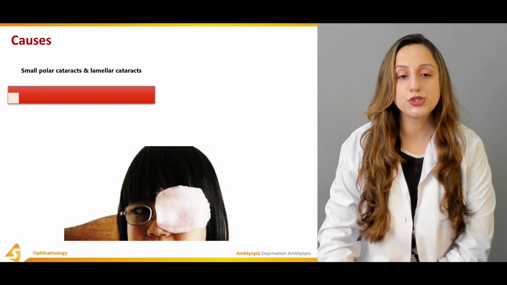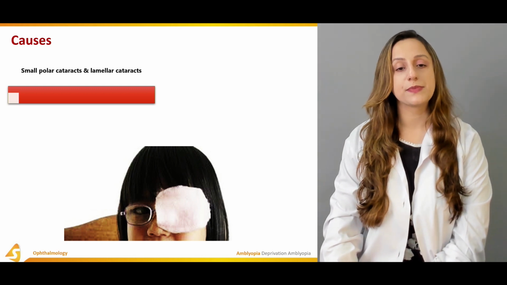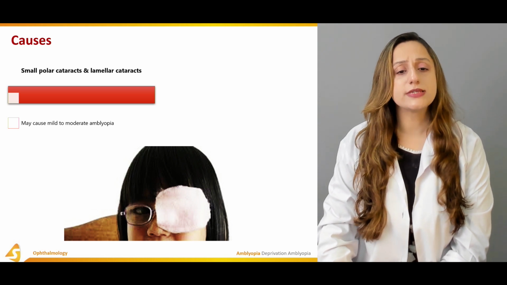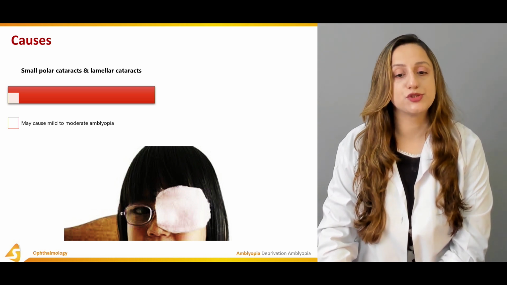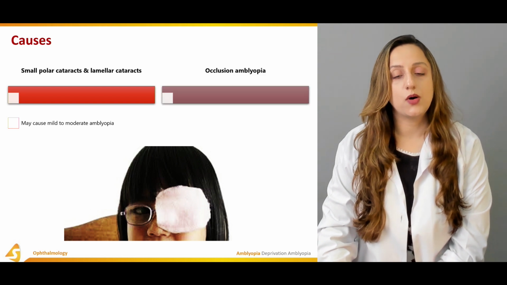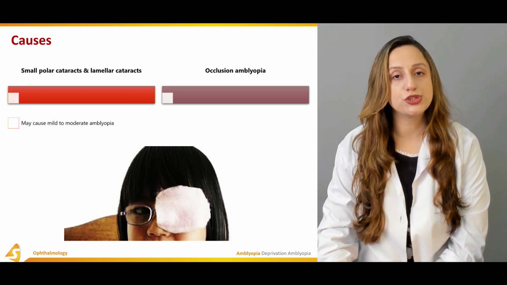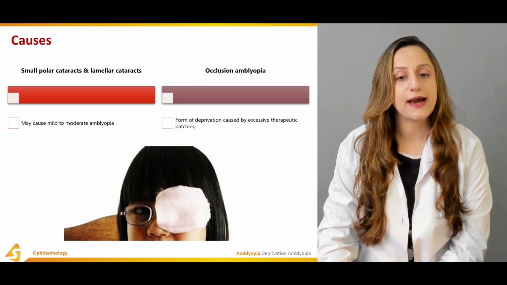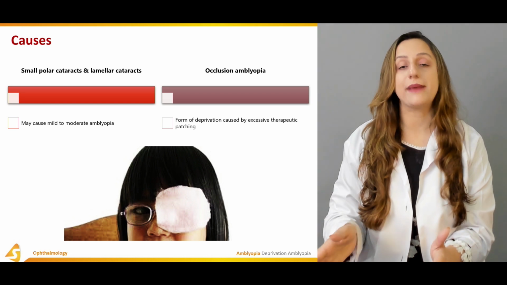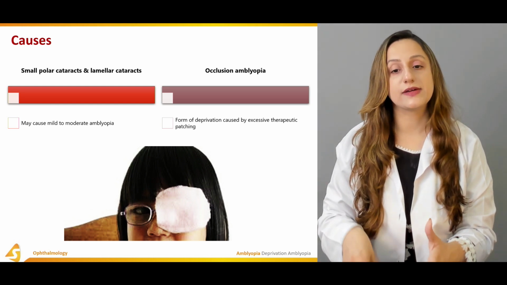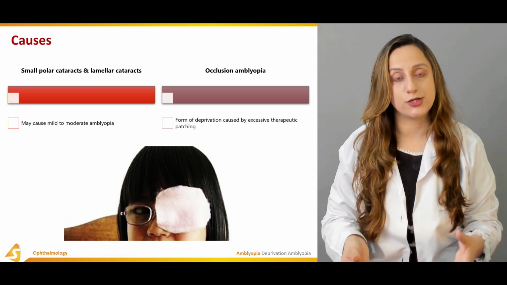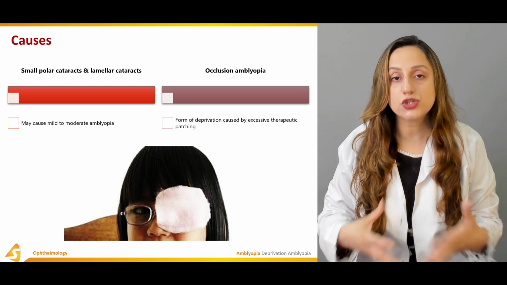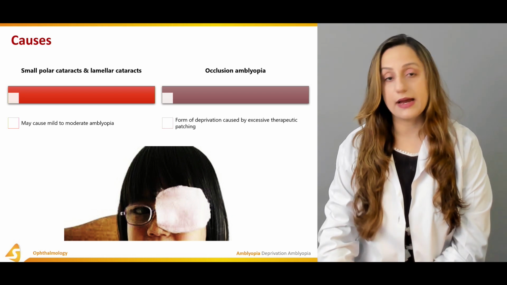The causative factors would include small polar cataracts and lamellar cataracts, which on the other hand may cause mild to moderate amblyopia in children as well. On the other hand, we have occlusion amblyopia, which is a form of deprivation caused by excessive therapeutic patching. So therapeutic patching in itself can result in occlusion amblyopia in the child. One should be aware of what sort of patching is required in a particular case